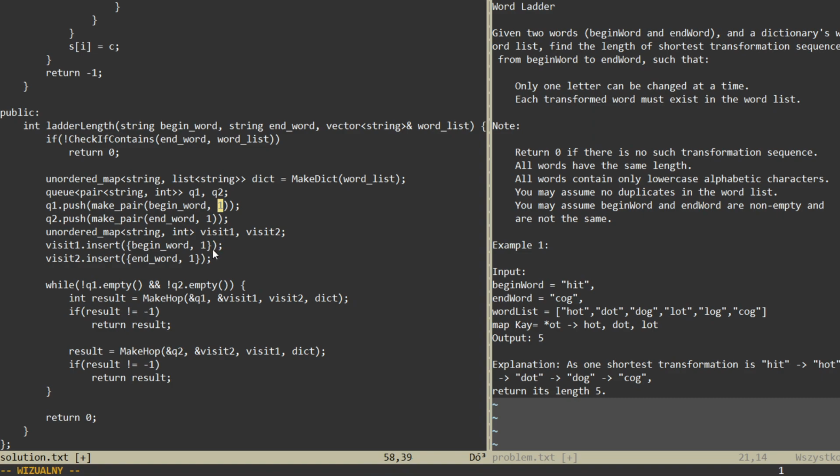And also we remember this int here and this int, the level, how many changes we have made. For example, going from this to this, we have made one change, so this will be level 1. So on the beginning word, for example, it will be the same word. This will be 1, and here will be